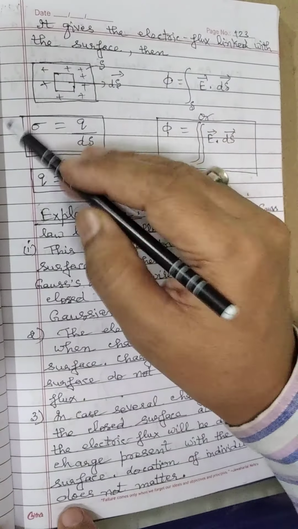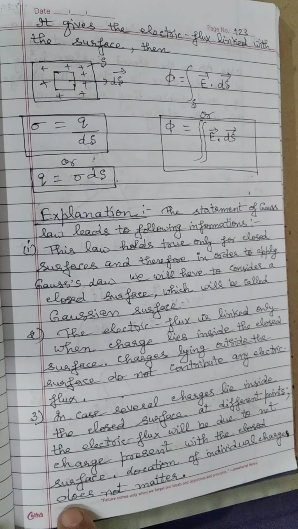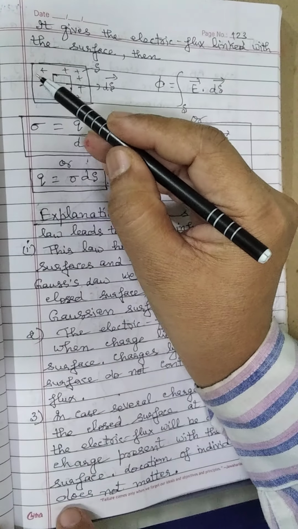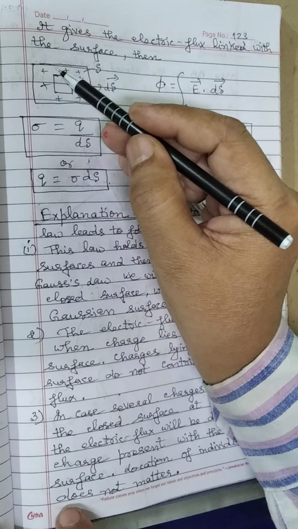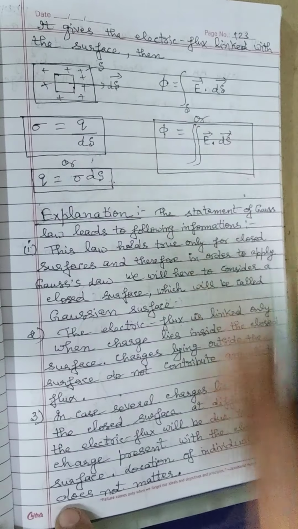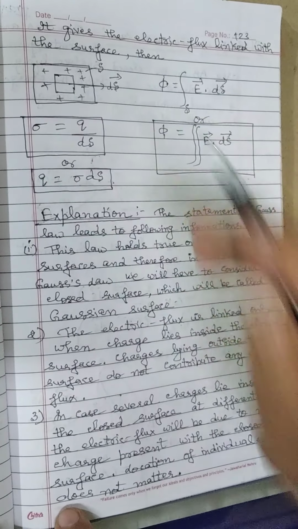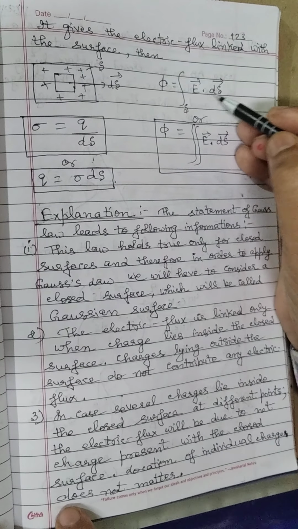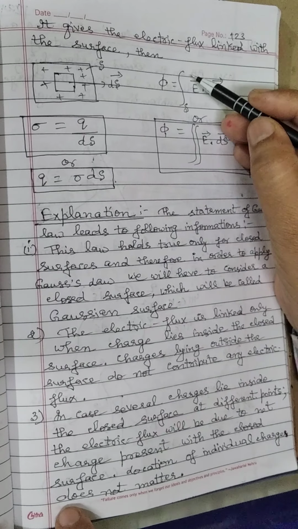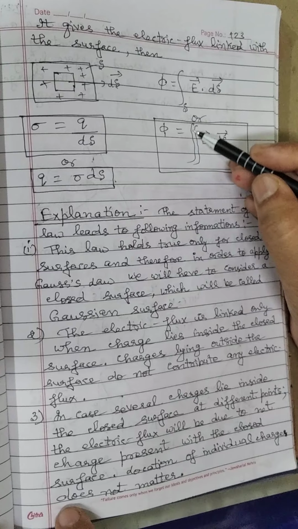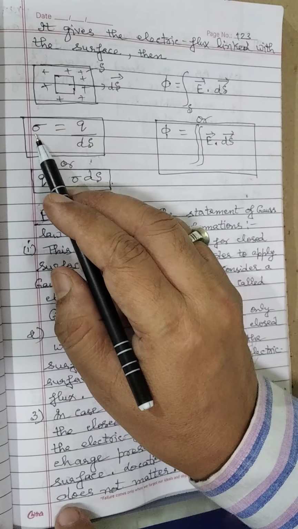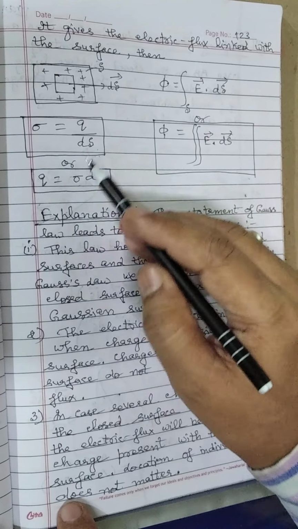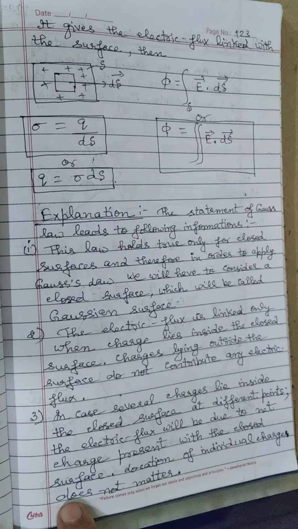Suppose S is the total surface on which the positive charge is uniformly distributed. We can assume that the whole area is made up of elementary areas, and one elementary area we are considering is ds. So the electric flux is equal to the surface integral of E dot ds, and the surface integral may also be represented by these two lines. Now sigma is equal to what? Q upon area. The elementary area we have considered here is ds, so the value of Q is equal to sigma into ds.